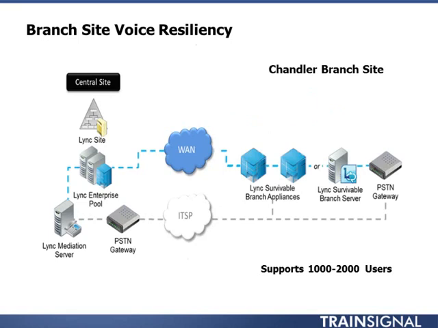At Carverock Fitness, we have a larger branch office over in Chandler, which is used for our distribution of health products. For larger branch sites between 1,000 and 2,000 users, we have several different options available for providing our branch site voice resiliency. You can use multiple survivable branch appliances. If an SBA supports up to 1,000 users, and you have more than one SBA, we can go beyond that 1,000 user mark. A survivable branch server supports up to 5,000 users, but you have to remember that